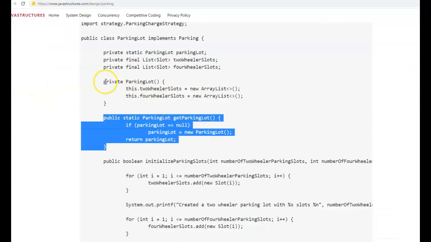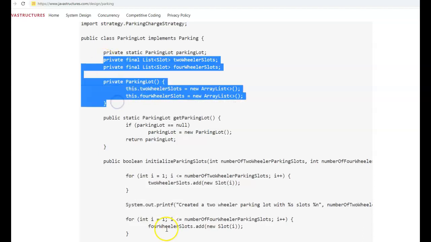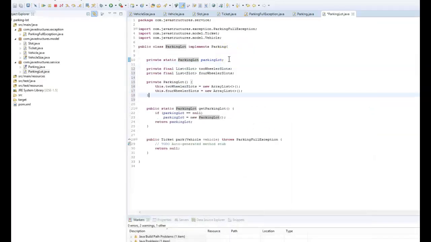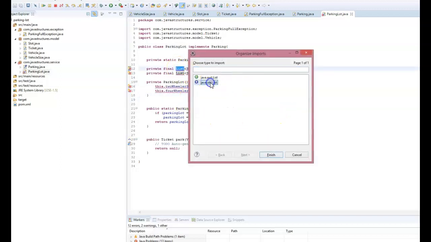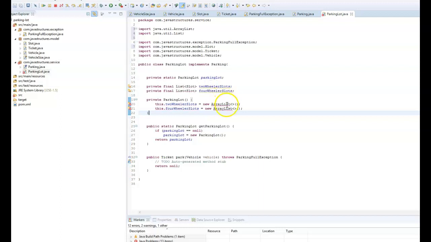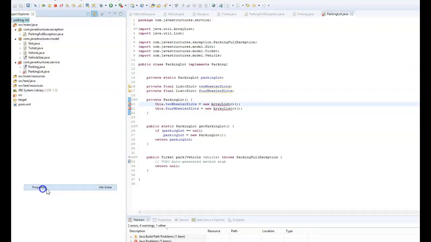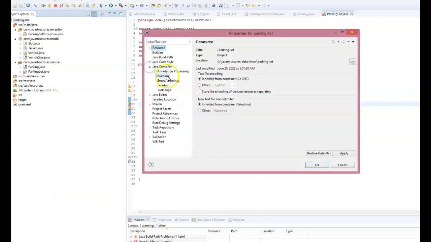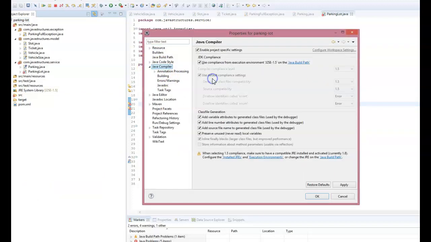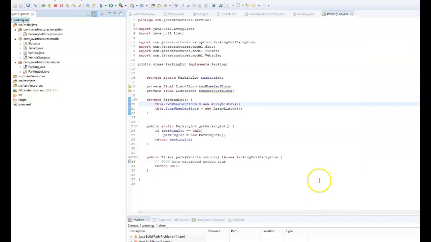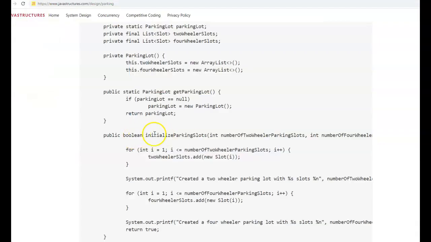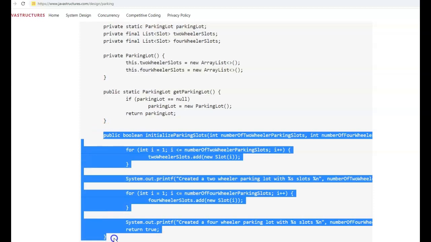So let us create this. Next we'll be creating the initialize parking slots method. So copy this.